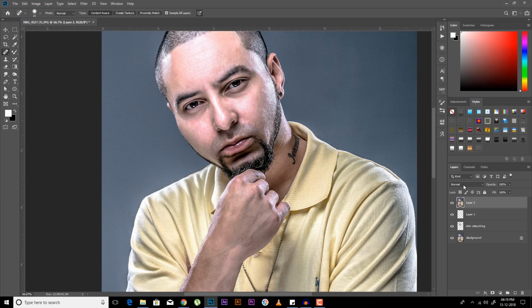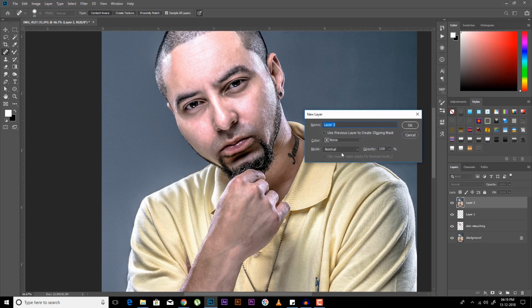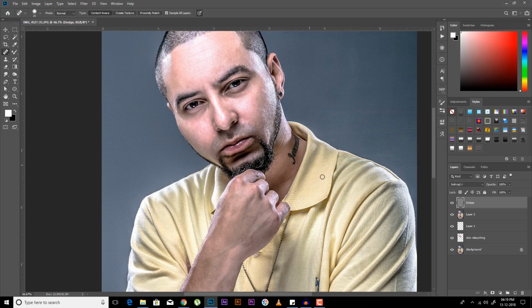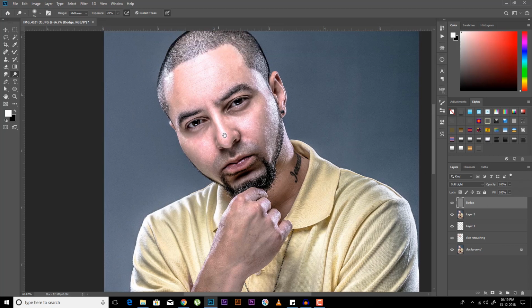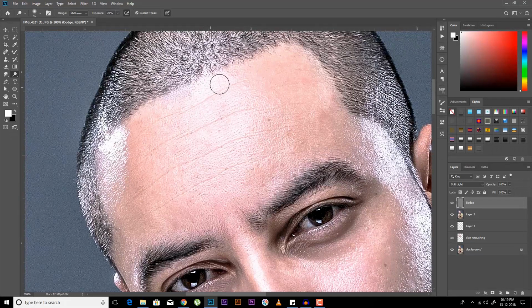In order to do the retouching, press Alt Ctrl Shift E to make a new copy of this layer. Press new, soft light, fill with soft neutral gray, 50% of gray, and click dodge. In my technique, I use a dodge on the separate layer as soft light and burn on the separate layer same as soft light. Why I do this, because whenever we need to change the opacity of each effect, we can change